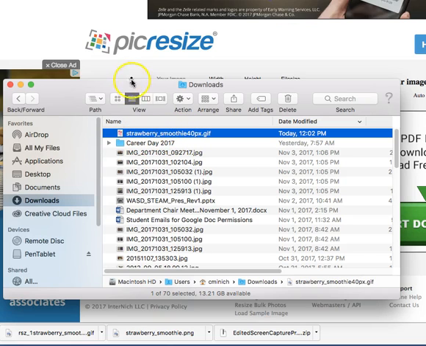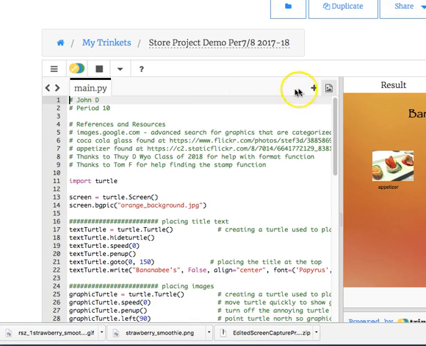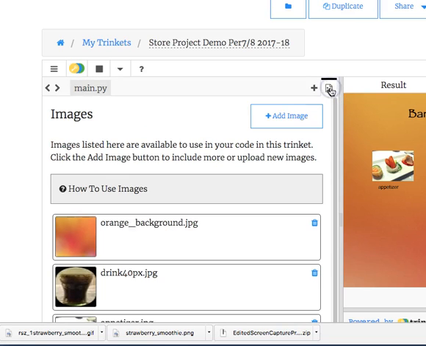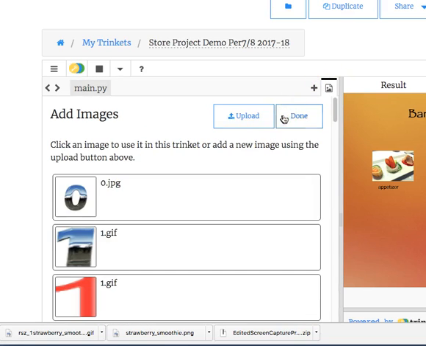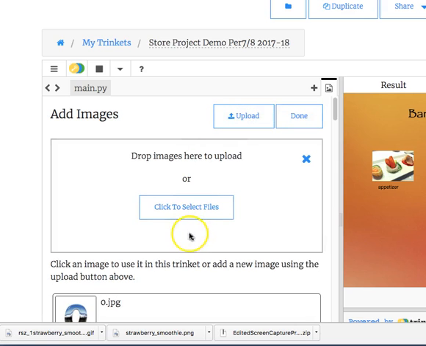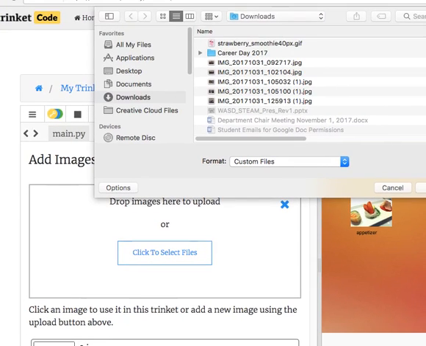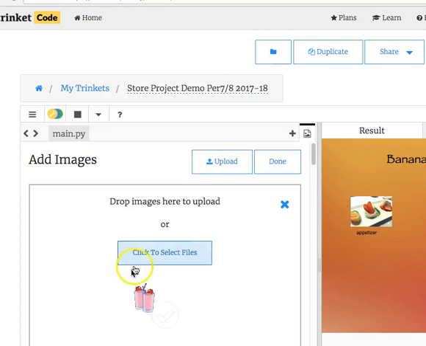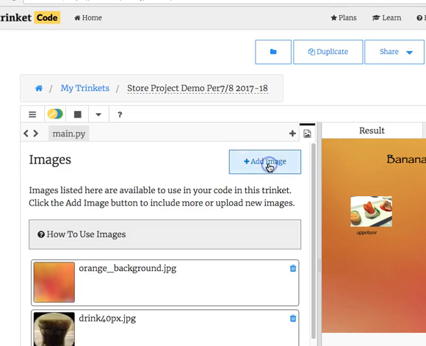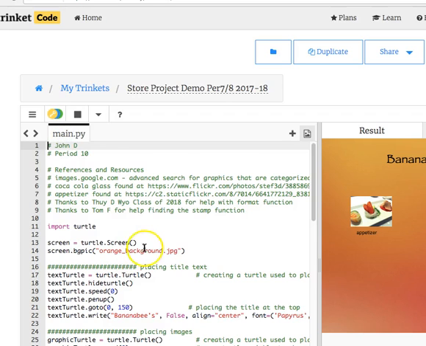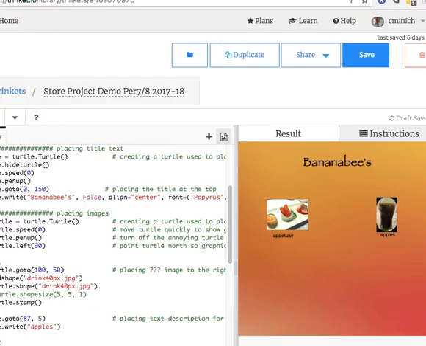That's my notation. Now I'm going to go to Trinket. Now this is for people that want to use Python. I click this little icon, I click Add Image, I click Upload, I click to select files, I browse to my Downloads folder, I find the one that I just resized, 40px, double click, it now comes in here to Trinket, I click Done, I slide over to my code,